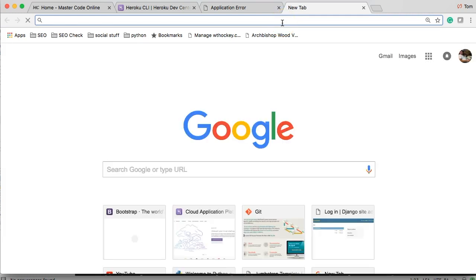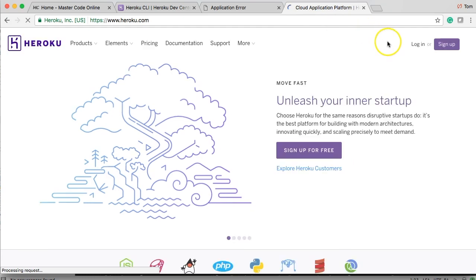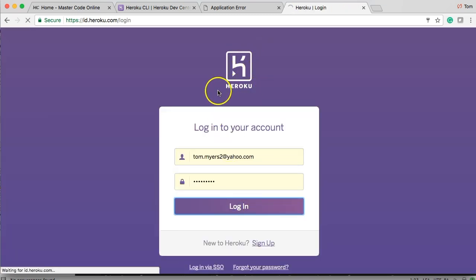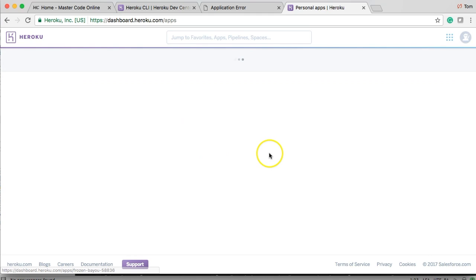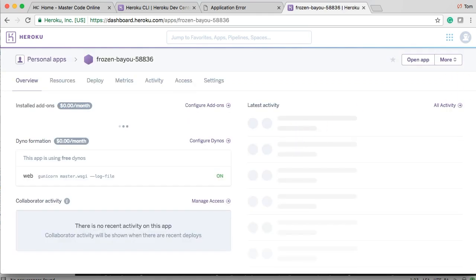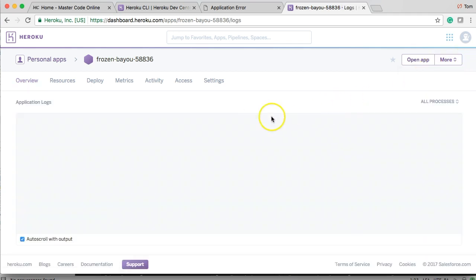Let's go ahead and open up Heroku, and you're going to sign into your account. What Heroku provides you with is a great tool for application errors. It has log files, so it logs every change that you make to your application. So we're going to look in the back end to see if there's any indication of what our error could be. Here's Frozen Bayou. Let's look at that. If you right click on more, view logs,